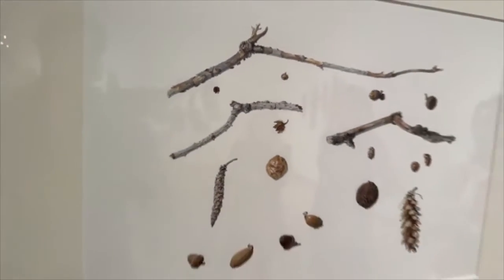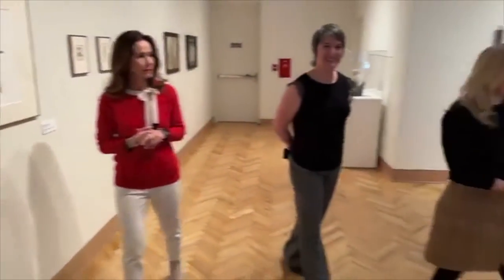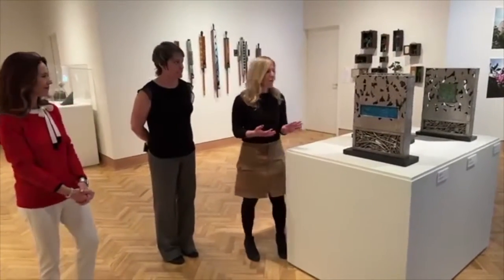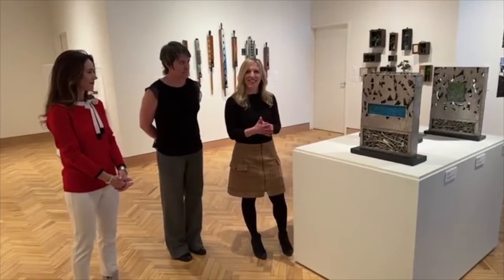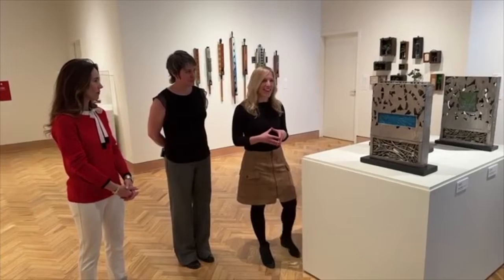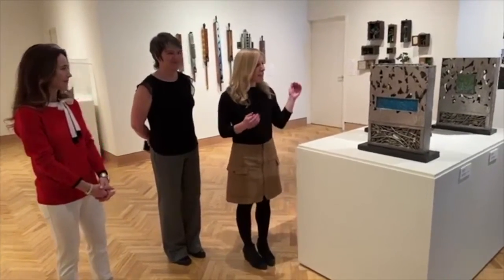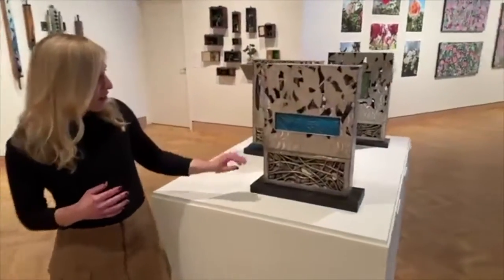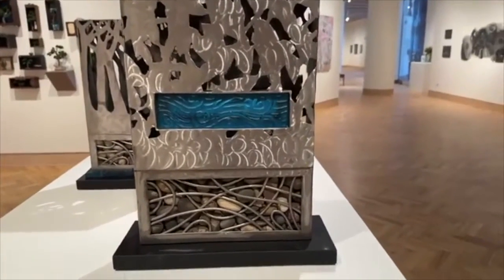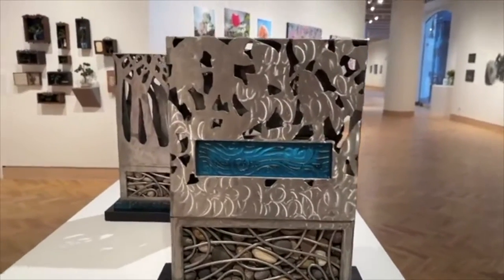It is. Yeah. You want to head over to Kevin? Sure. So these are sculptures by Kevin Lyles. Kevin is a sculptor and an arts educator in Southeast Ohio. He teaches in the art department at the University of Rio Grande, and he also obviously is a very talented sculptor. Kevin works in metal and rocks, and he takes these materials and transforms them. We were talking earlier about how it's a hard material, but he transforms them in a way that feels tranquil